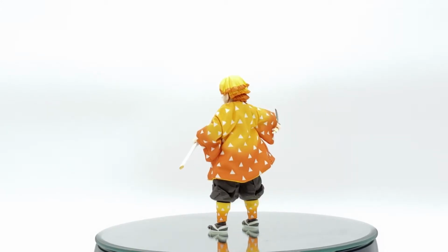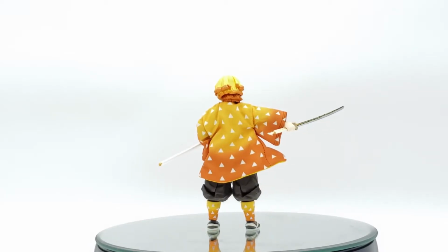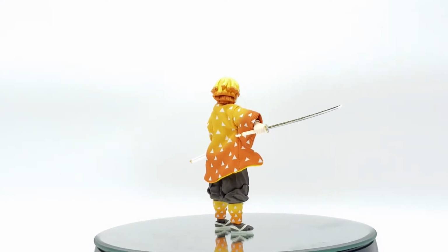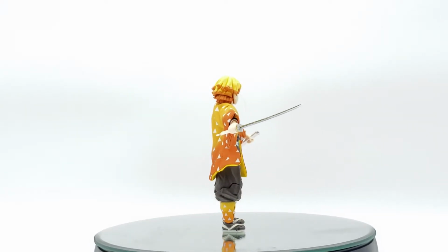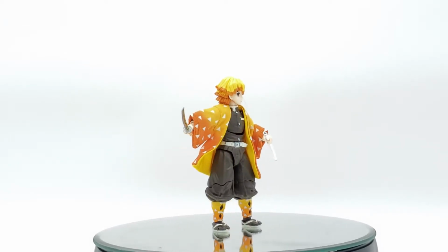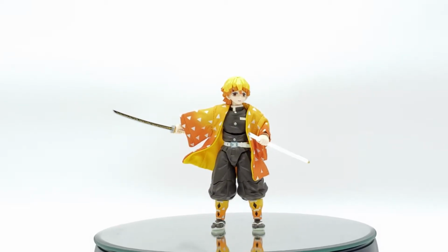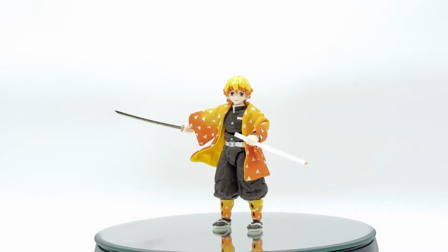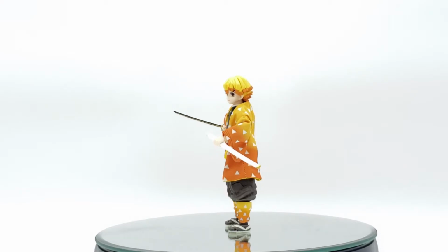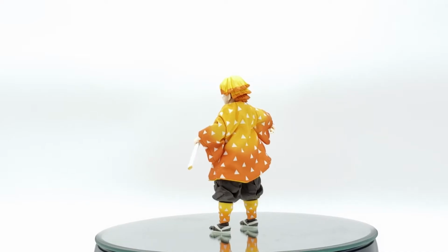this is not a negative or a plus. It's kind of a little in between type thing. But basically, this guy is so poseable that when I was trying to get this little simple pose right here, anytime I try to adjust his arm and his shoulder, his ab crunch will move. So basically, he has so much posability that if you move one little thing, some other articulation points move also. So it is a little tedious work to get him posed perfectly,